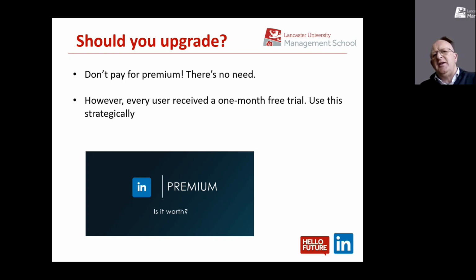You can get some insight into who else is applying for jobs on LinkedIn. You can also contact people who aren't necessarily already connections of yours if you've got the paid membership. So I would say, as the slide says, use this strategically. And by that, we would mean hold on till you're definitely in the throes of applying for jobs, and then use it. But for the vast majority of time, there's no need. I think in 10 years of really using LinkedIn, I've probably paid for about 3 months of LinkedIn. It just suited me at particular times. And I get on fine with LinkedIn. So there's no need for the vast majority of people to pay.